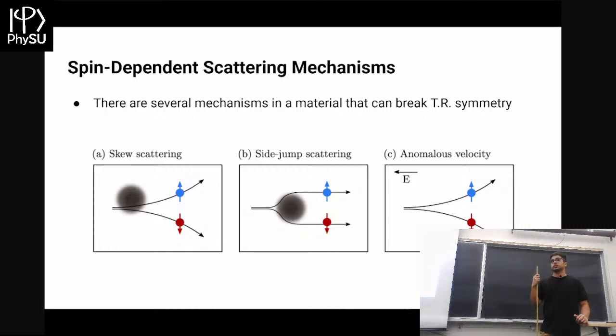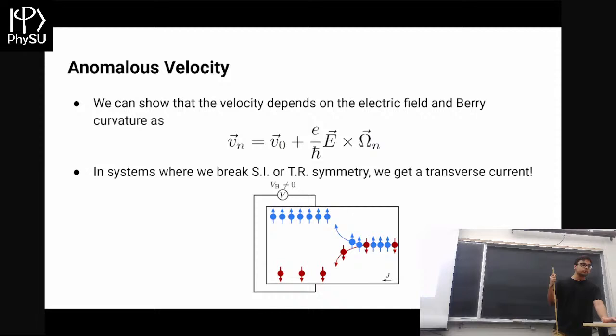third one called the anomalous velocity. It's very strange. It's also very unintuitive. If you have an electric field pointing in some direction, these spins just naturally will deflect towards one direction. And that's really not something you would expect. The electric field couples to the charge, but somehow the spin, like a magnetic property, is also related to the electric field. For this anomalous velocity, it turns out you can show, it's a very long derivation, but at the end